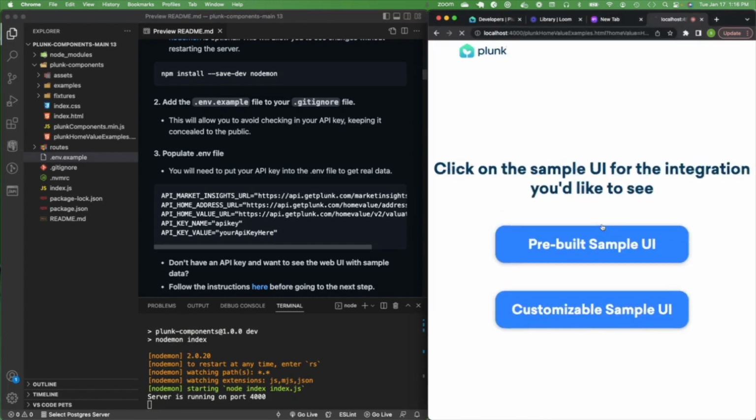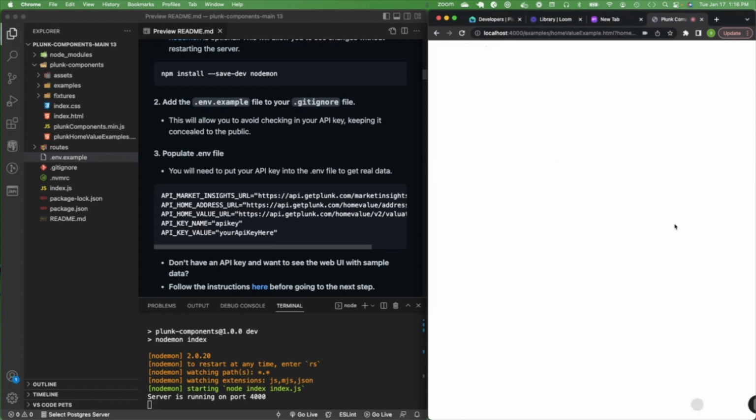As you can see, we can go to the home value and we can look at the pre-built example, and